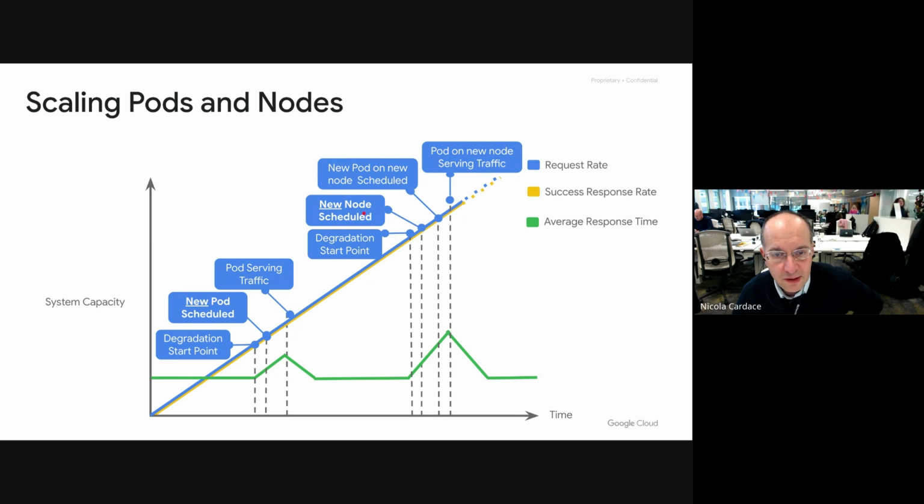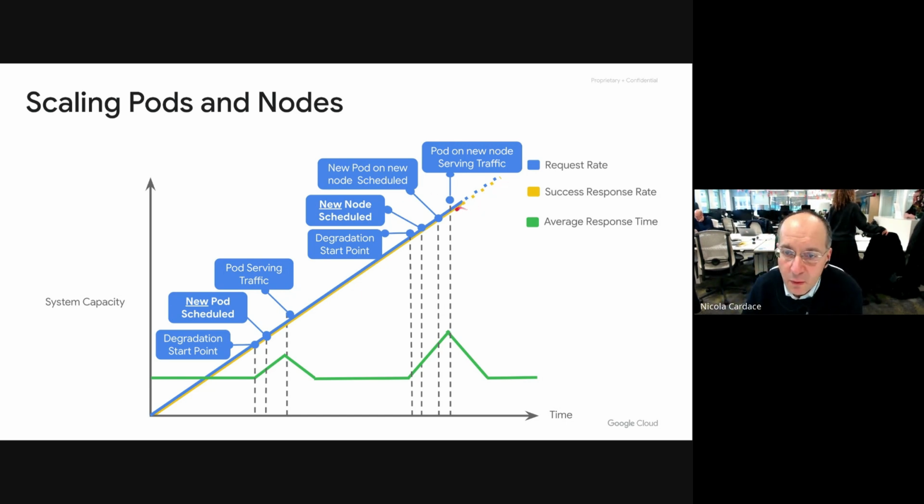This means that the cluster will need to receive one or more extra nodes instead of pods. And those nodes will be brand new and free, and now the scheduler is able to add additional pods for the runtime to start serving the ever-increasing capacity. What is the difference between pod auto-scaling and node auto-scaling? While a pod is scheduled and executed on an existing node, so it's very fast to run, we're talking about a matter of seconds, for a node to be provisioned and added to the network of the cluster, it will take maybe 30 seconds, 1 minute, 2 minutes. So you have to wait a bit more for that.